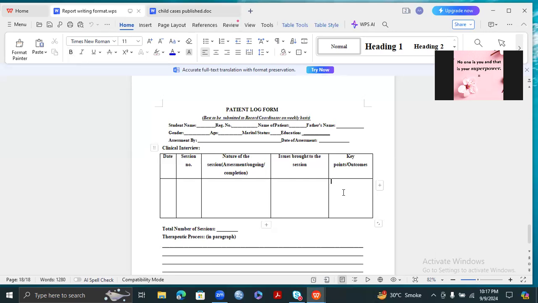All right. And your key outcomes, whatever work you have done in the previous sessions or in the current sessions or your assessment. So whatever the records have made the output for you, you have to mention that there. If there is something unique that happened, like in his behavior or in his performance, you can state that. All right. So here comes the whole